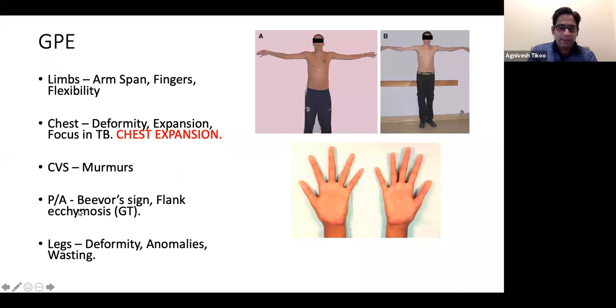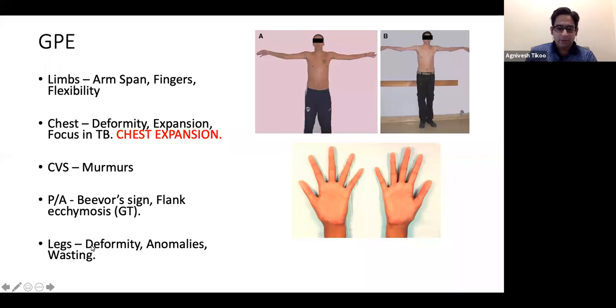In the per abdomen examination, if you get a patient with flank pain or back pain, and the patient is on anticoagulation and suddenly develops severe pain, weakness, and numbness in the legs, you have to consider a hematoma in the lumbar plexus. This flank ecchymosis is a sign of bleeding inside the plexus. If you do an MRI of the spine, you will not get anything. But if you look carefully at the paravertebral region, then you will get the findings.